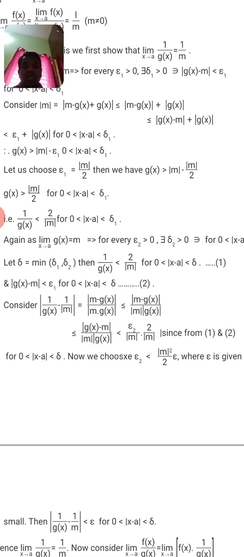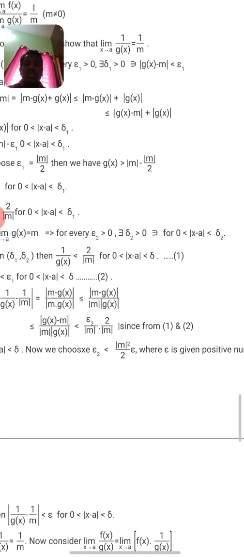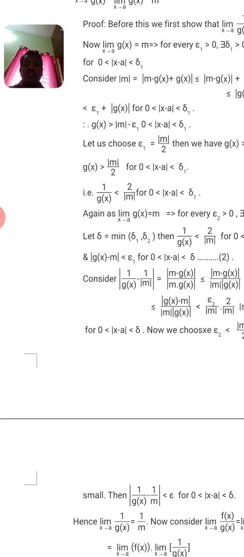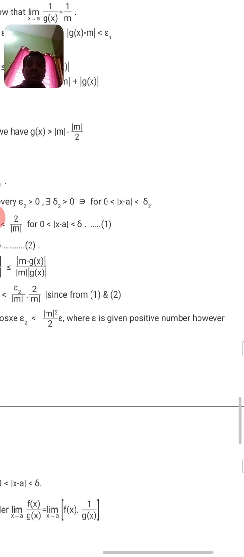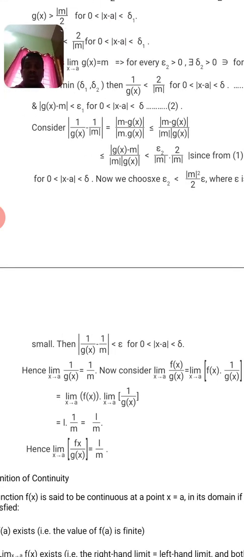where modulus g of x minus M is less than epsilon 2, and from equation 1, 1 by modulus g of x is less than 2 by modulus M. Since from equation 1 and 2, now we choose epsilon 2 which is less than modulus M whole squared by 2 into epsilon, where epsilon is a given positive number, however small. Therefore the above expression becomes modulus 1 by g of x minus 1 by M, which is less than epsilon,